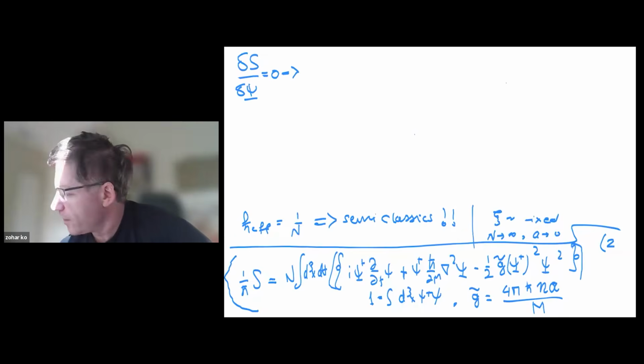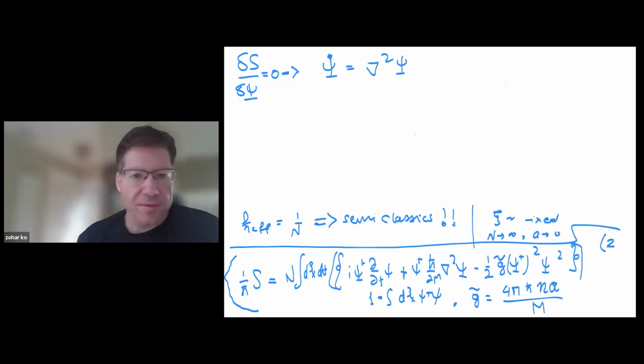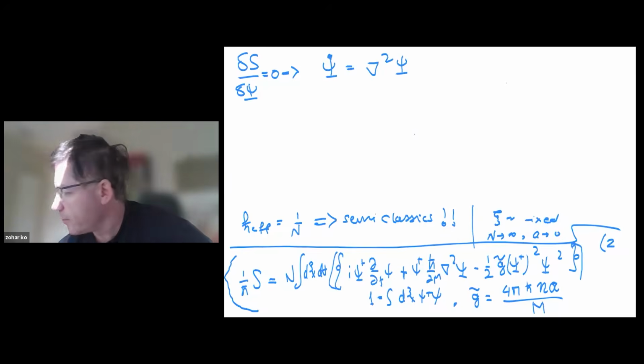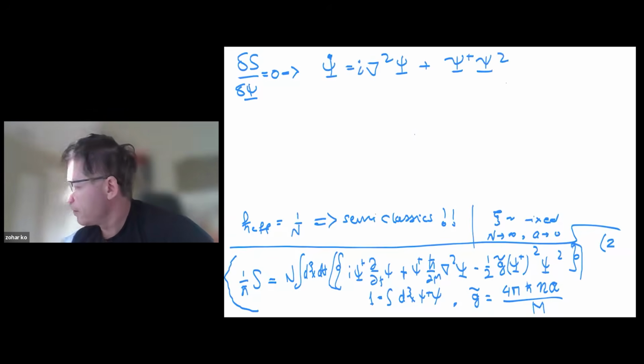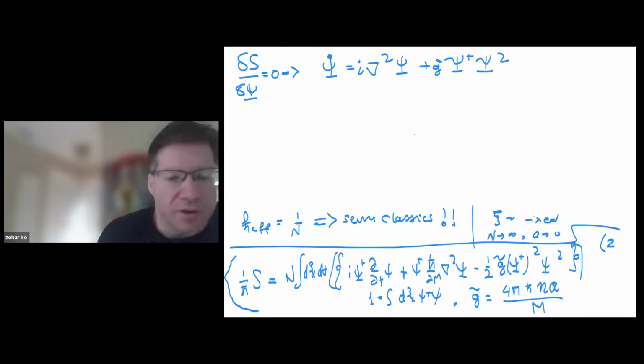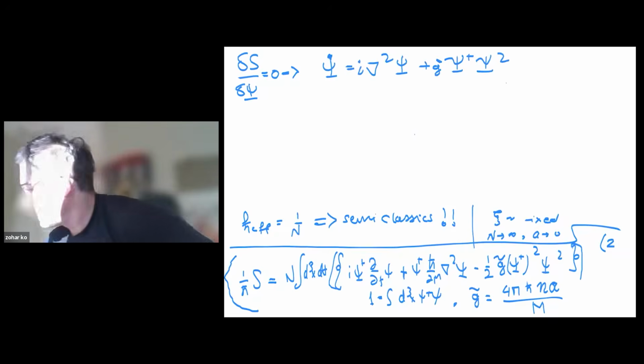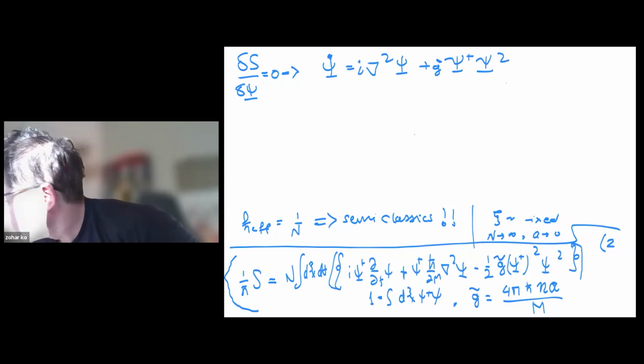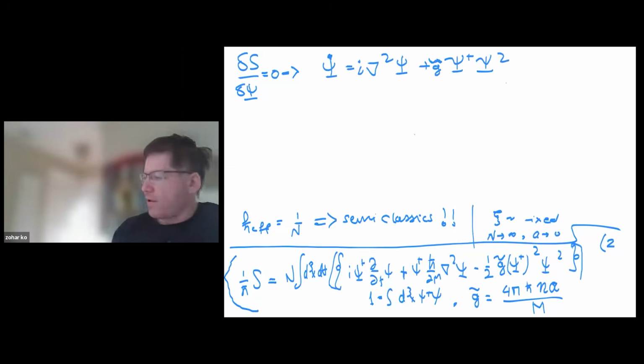So schematically, we get the differential equation that psi dot, I'll just write it schematically without worrying about the signs. We get some term like that. There is an I between them, very importantly. And then we get some cubic term, which is like psi dagger psi squared. And there is some g twiddle, maybe, or g prime, depending if we use the previous convention or the new convention. Let me just switch to g prime, so that the integral of psi squared will be, I'll use g twiddle. It will be better. We use this convention.